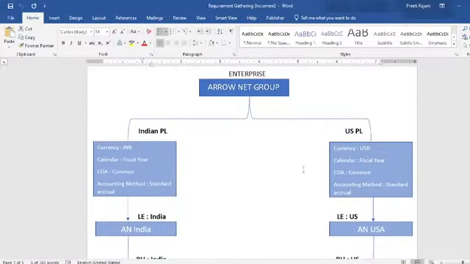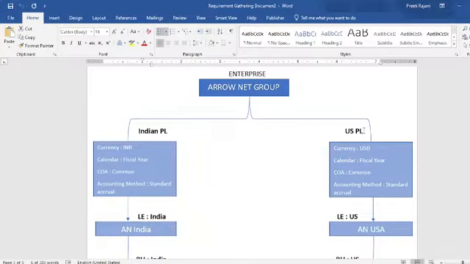You can see here, for Aeronet group we have created two ledgers, one is Indian primary ledger and another one is US primary ledger. Now the client's requirement is that he needs to give the access of both these ledgers to one user.